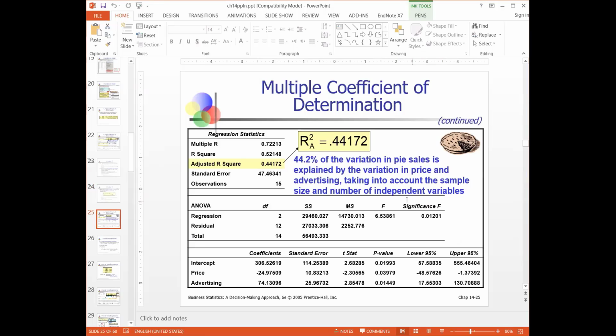So it is saying that assuming the sample size is 15 and there are two independent variables, which is price and advertising, how much will be the R square? That is 44. So if you find any other good variable and you replace advertising with it, and if that adjusted R increases, it means that is a better variable. Or if you add a third variable,